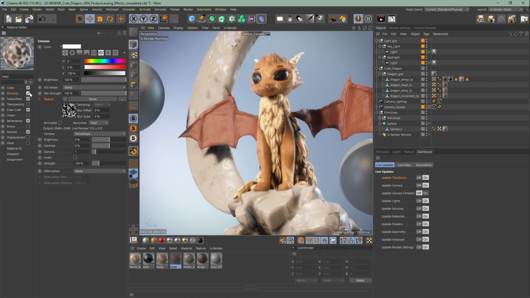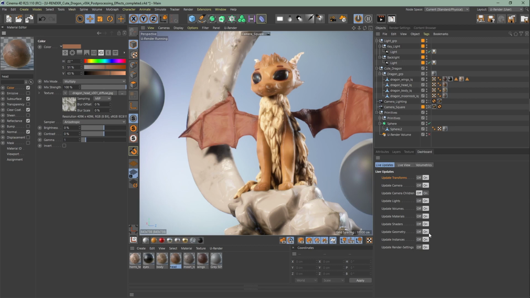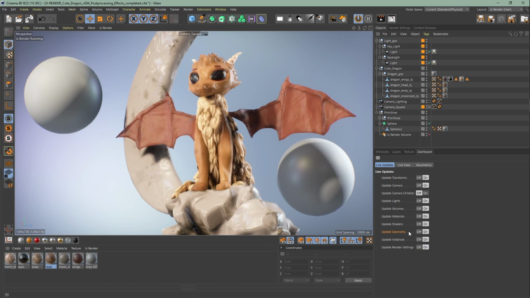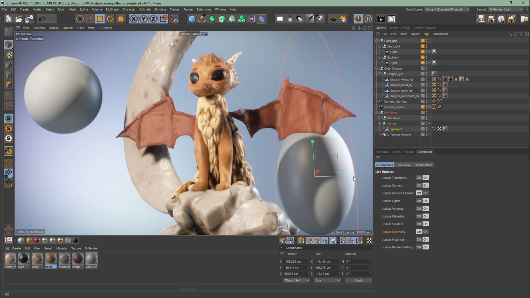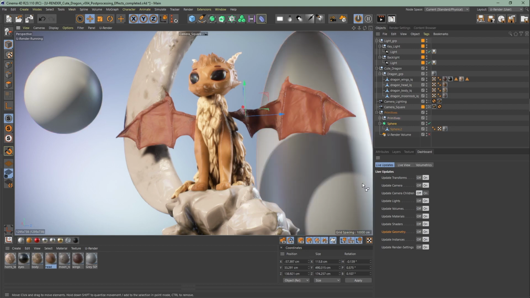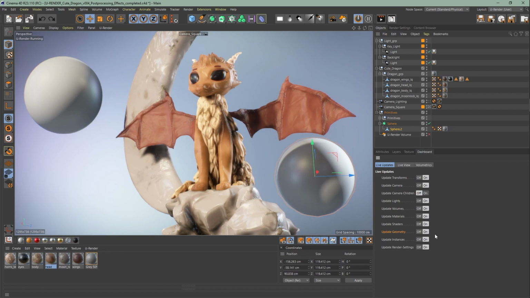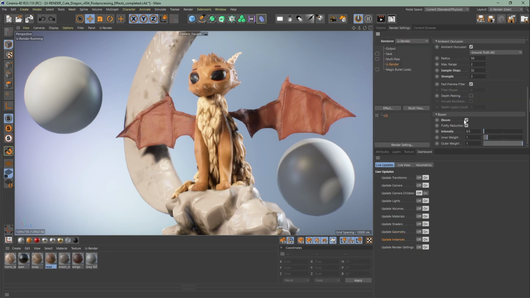And shaders for shaders like Cinema 4D noises. Geometry enables mesh updates in live mode. Instances for instance updates. And the last one is for the render settings.